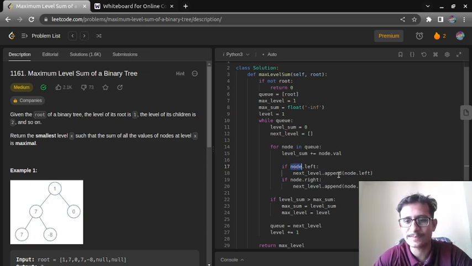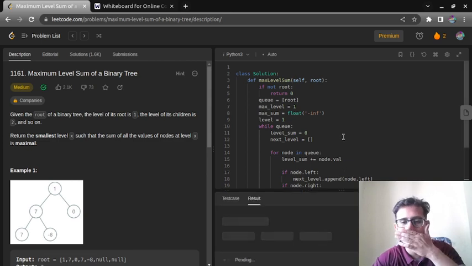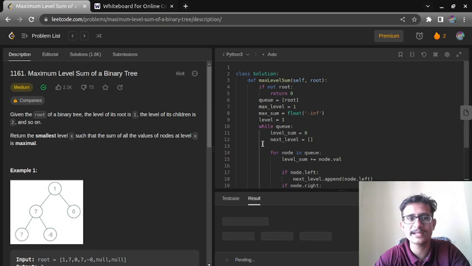If the left node is present, we are going to add it to the next level. Similarly, if the right node is present, we are going to add it to the next level array. Then if the level sum is greater than the maximum sum, we are going to update the values. Then we are going to update our queue as well as our level, and at the end we are going to return the maximum value. If we see, all the test cases pass.